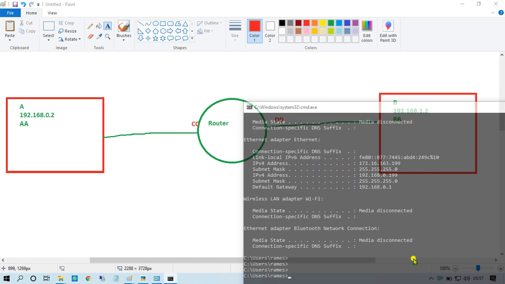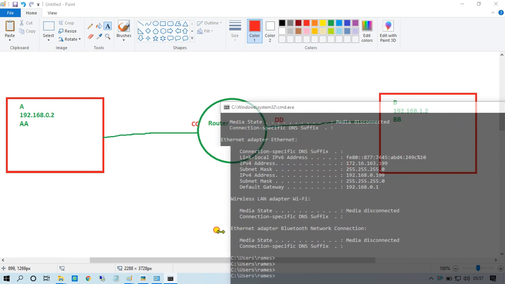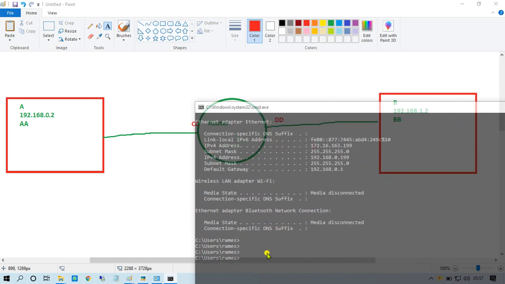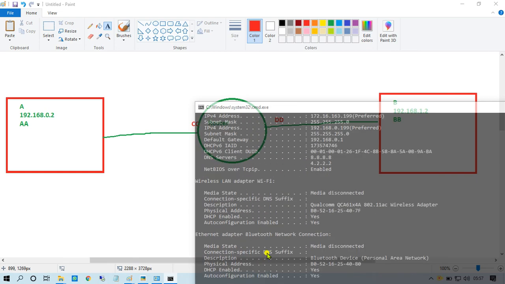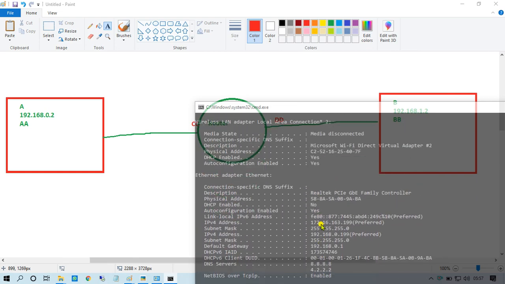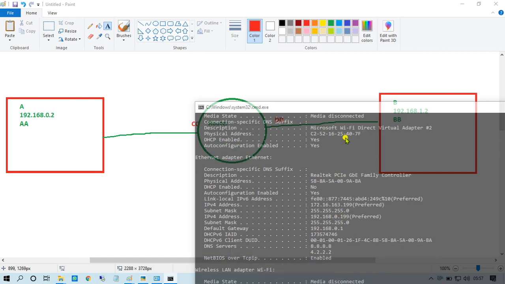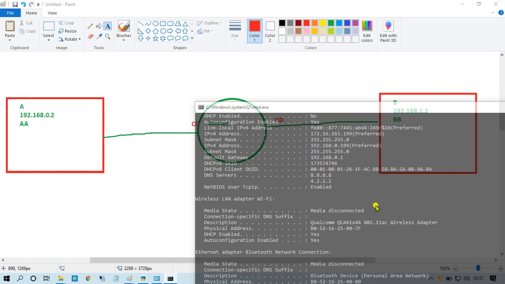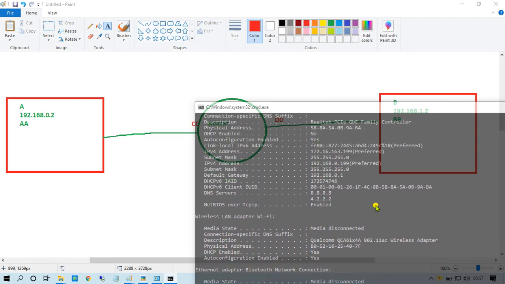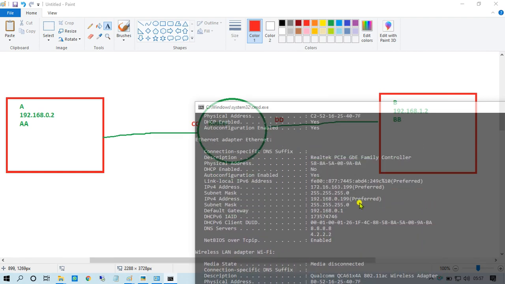Now you want to check other information: the wireless LAN card Wi-Fi, and Bluetooth. There are three interfaces. Then ipconfig /all. You will get all information about your system here, what kind of MAC address and what kind of IP address is assigned to your devices.